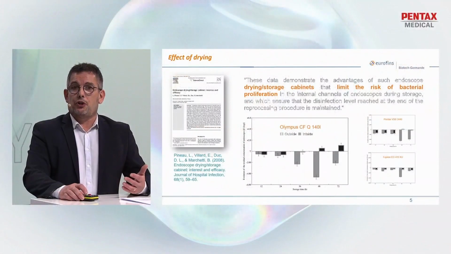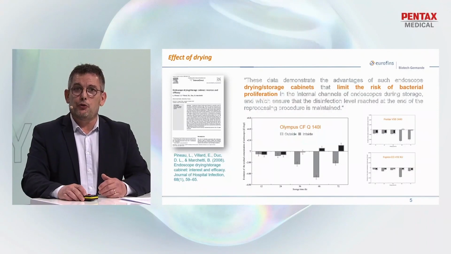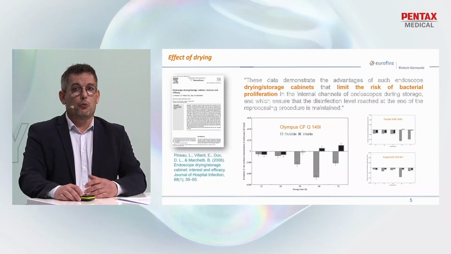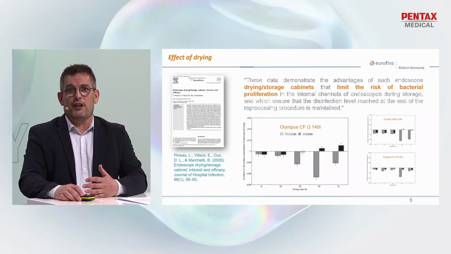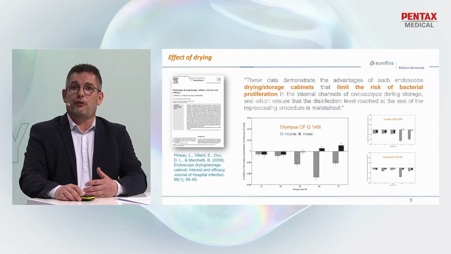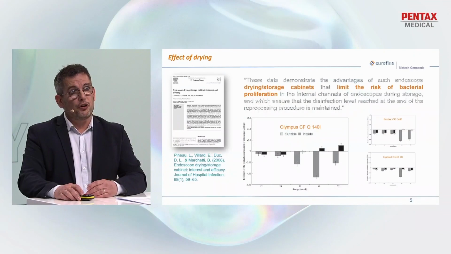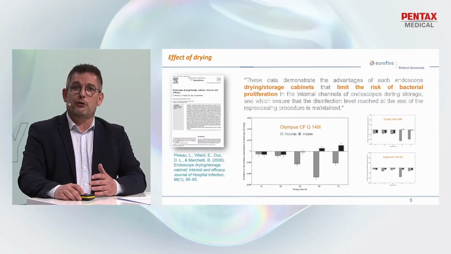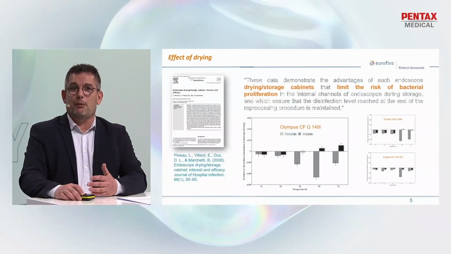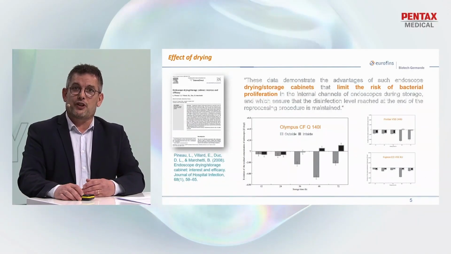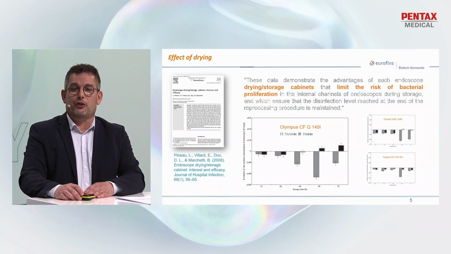Another study, published in our laboratory early in 2008 when we started working on endoscope storage and drying cabinets, clearly also demonstrated that there is a high risk of bacterial proliferation inside the endoscope channel if you store endoscopes which are not perfectly dry. We also demonstrated that if you store an endoscope in a well-designed storage and drying cabinet, you may reduce the risk and control the quality of the endoscope, and at least maintain the quality obtained